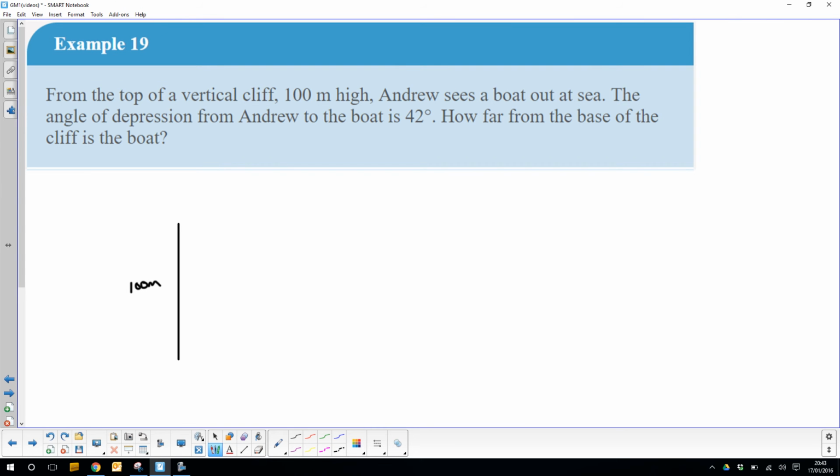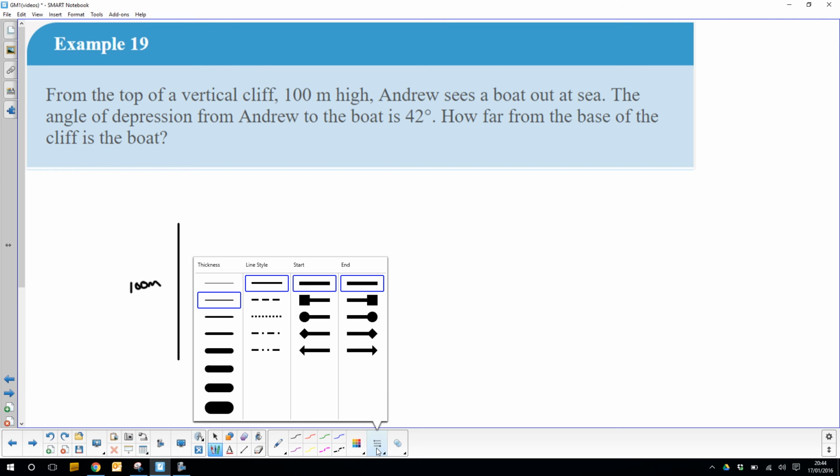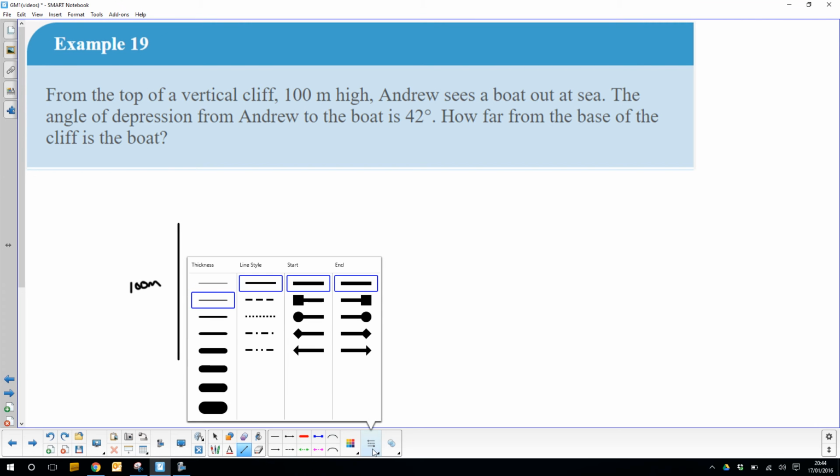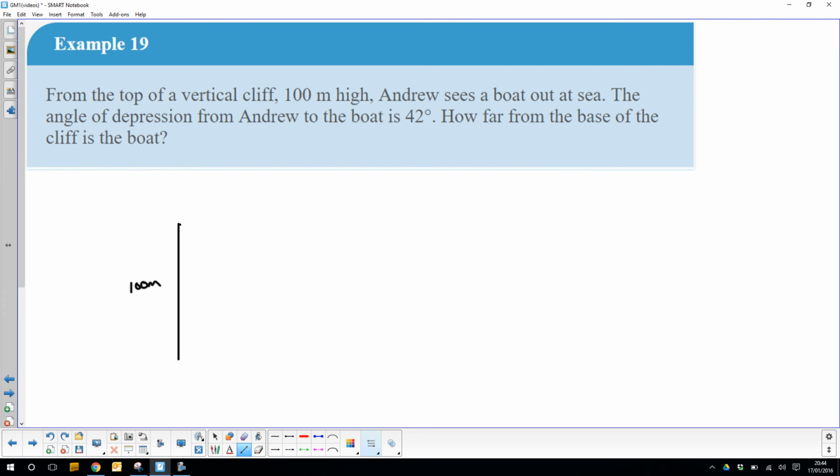Then what have we got? Andrew sees a boat out to sea. The angle of depression from Andrew to the boat is 42 degrees. So Andrew's looking, oh, that's not a straight enough line. Let's get a nice straight line. Andrew is looking down at a boat that's on the water,